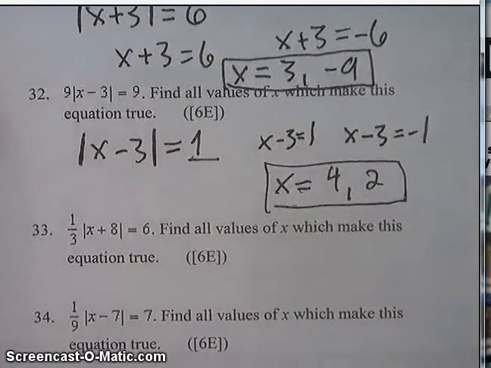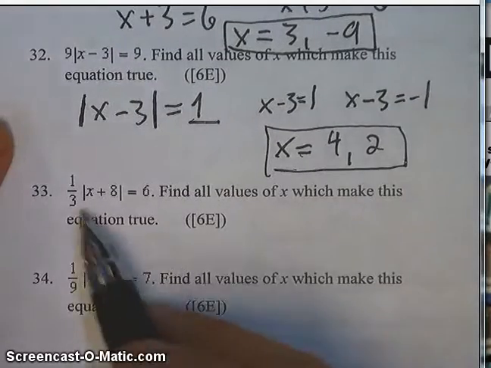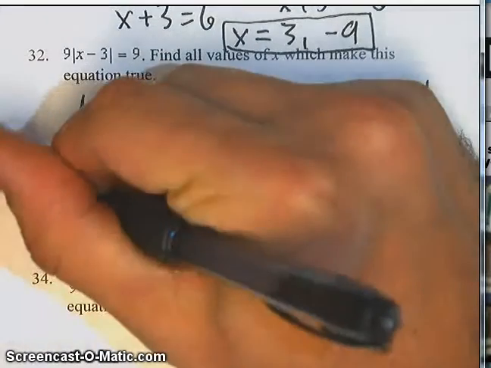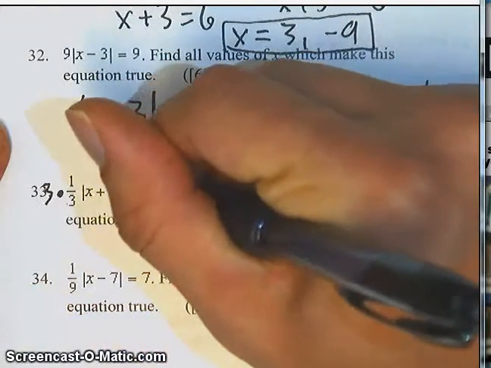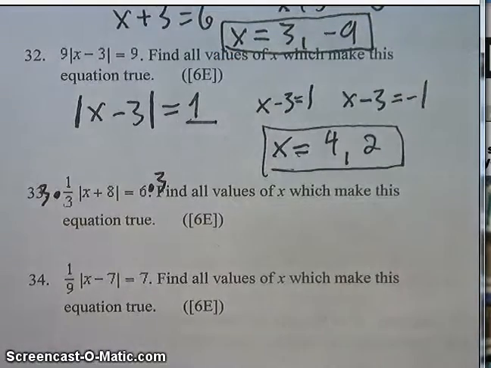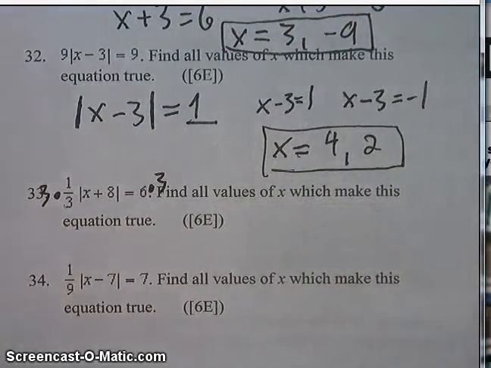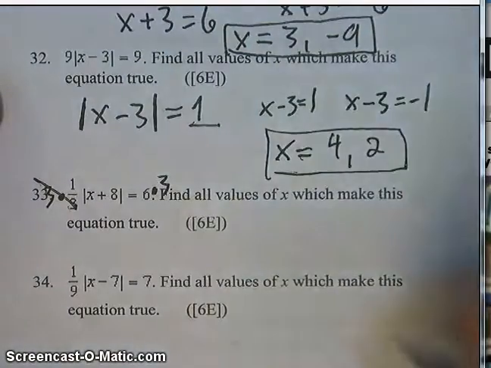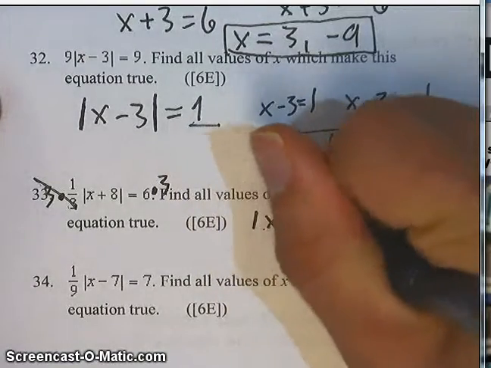On this one, same issue. We've got a 1/3 on the outside, and the easiest way to get rid of that 1/3 is to multiply by the reciprocal, which is 3 over 1, or if you prefer, 3. So I'm going to multiply both sides by 3 to cancel out that 1/3, which gives me the absolute value of x plus 8